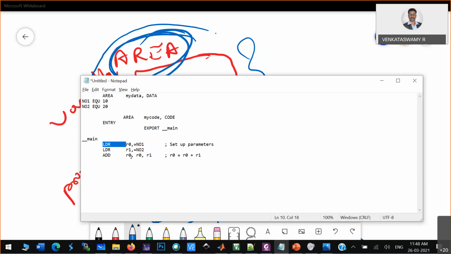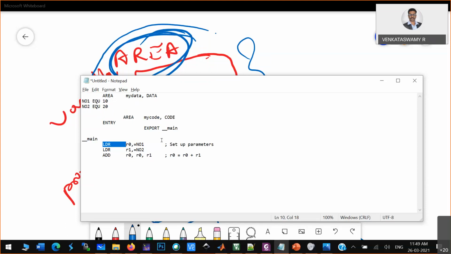Now LDR here is equivalent to the move command. Move moves the content from one location to the destination location, and LDR works similarly. LDR means load register.